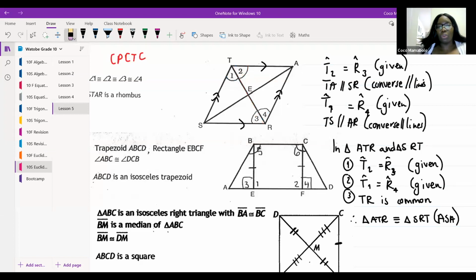Now that we know that these two triangles are congruent, what does that tell me about the corresponding sides? What can I then say? I can say that AT is equal to what other side, guys? SR, good, to SR. Okay, and why can we then say AT is equal to SR? Because